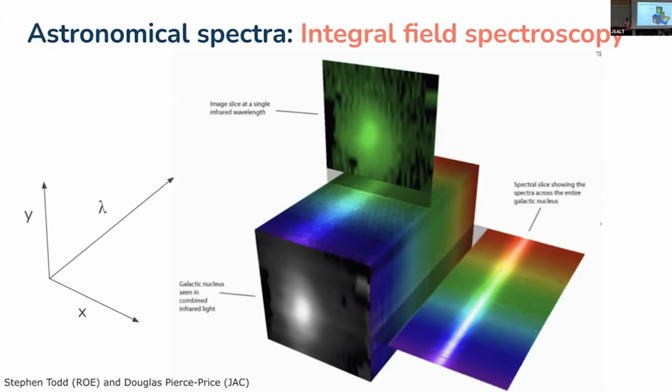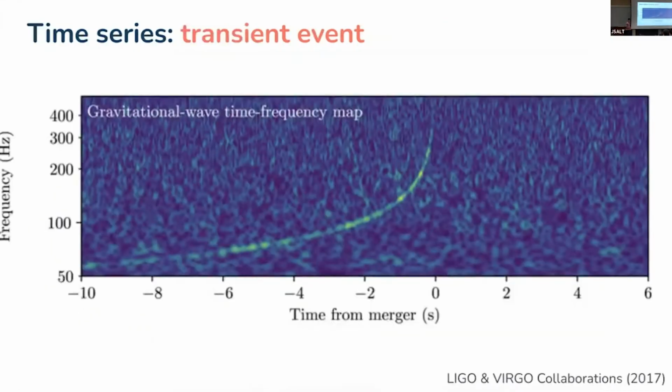Okay, and I don't want to neglect, even though I know nothing about it, time series. So the transient universe, it turns out that parts of the universe do evolve very quickly in time. When a supernova goes off, that is when a star explodes at the end of its life, it gives off a huge amount of light. In fact, it can outshine its entire host galaxy for a brief period of time. This is a different type of transient event. This is gravitational waves, something that's only become possible very recently and has won the Nobel Prize. When I started my career in astronomy, we didn't know how far away this was.